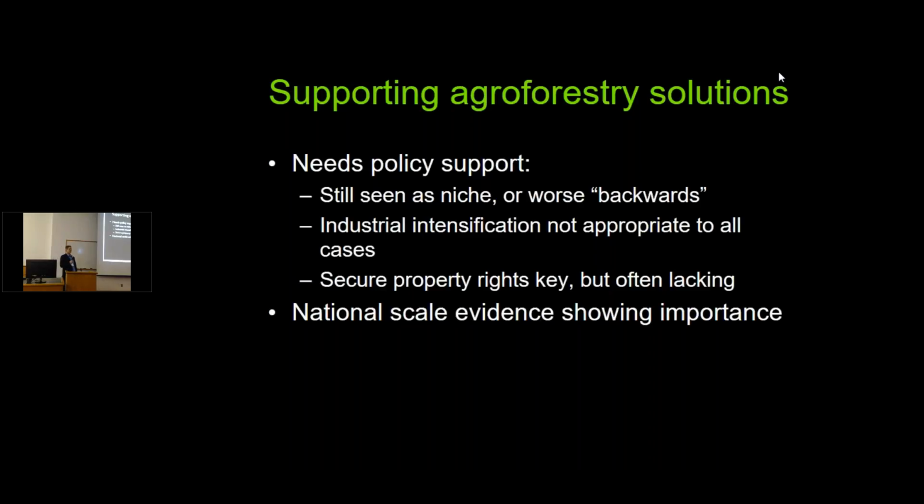Also, I think it's important to make the point that industrial intensification will just not be possible everywhere. It may be possible in more places than it is currently practiced, which I think some of the work is showing. But thinking about which type of approach is most appropriate is really important. And then, particularly in Africa and other parts of the developing world, security of property rights, so that people feel they can make an investment in something like trees, which take a long time to grow and yield benefits, is really important. So what we did, and this will be very brief,